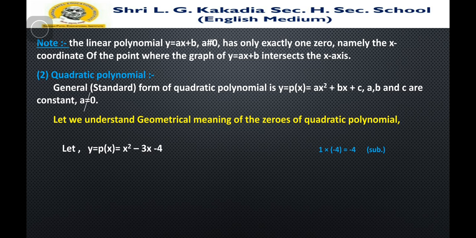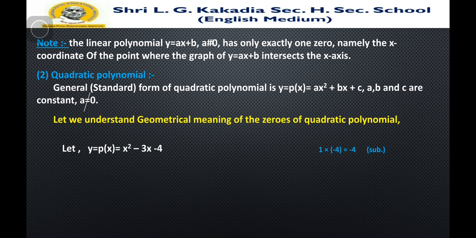So first, how can we factorize the given quadratic polynomial? As we studied in the previous lecture, we first multiply the coefficient of x square and the constant term, then we get 1 cross 1 into -4 is equal to -4. Here we get the product as -4, and you know that whenever you get a minus value, then we subtract the factors of the given value. So here we find two factors of 4, then we do subtraction of both, and we get the middle term of the quadratic polynomial, that is minus 3x.